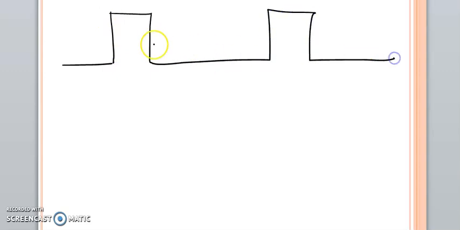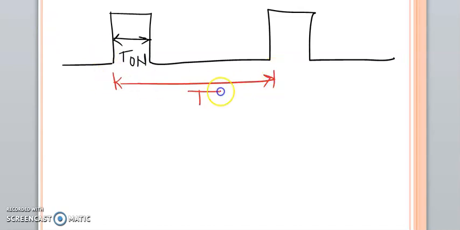Consider this as a voltage signal. Here I am going to mark T on because this is the on time. This is the total time period, that is T. So this is a voltage signal with a pulse of duration T on that repeats after every T units of time.